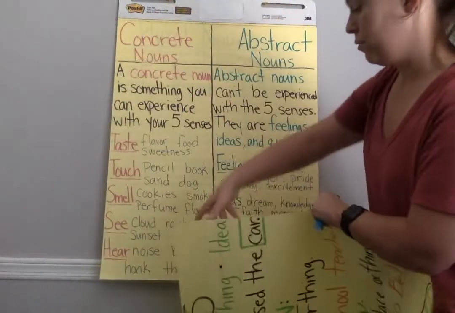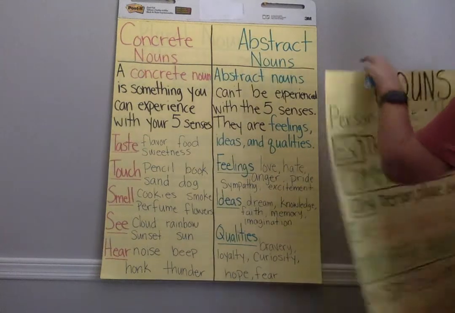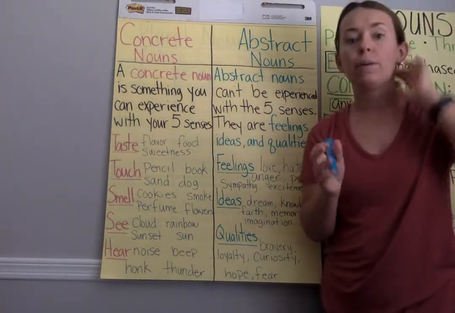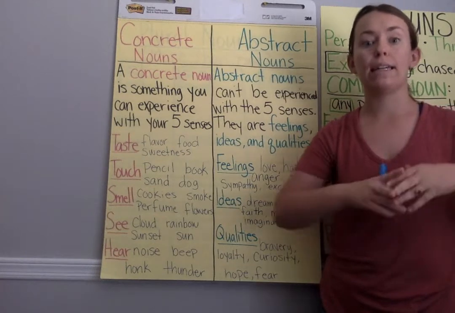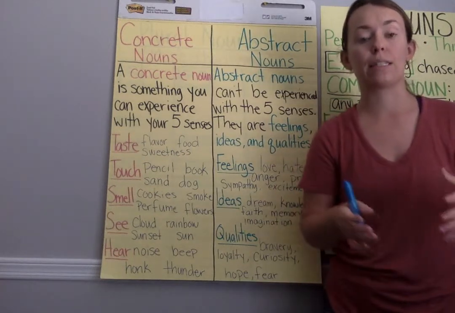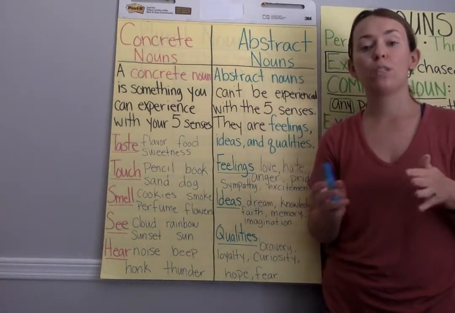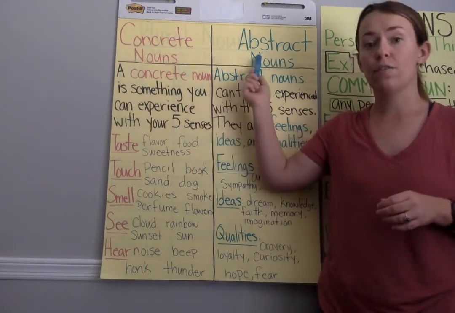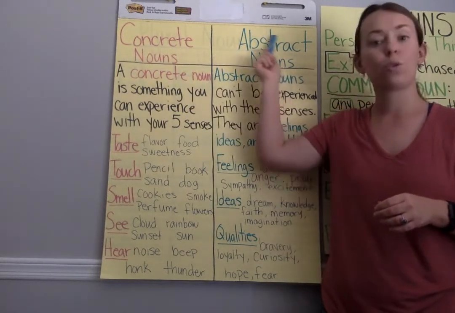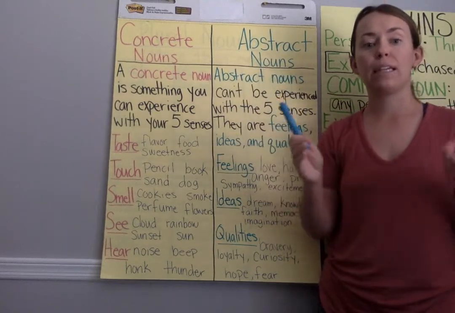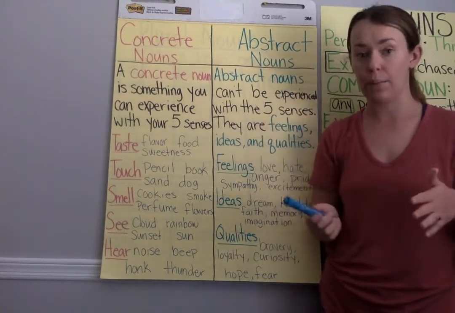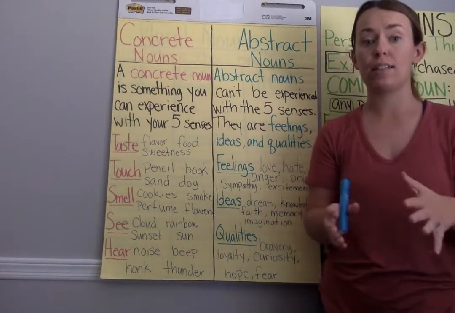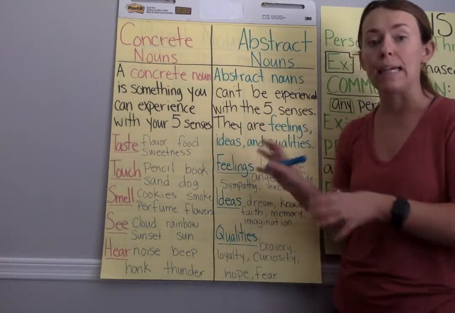So now, we're going to move a little bit further into what nouns can be and what nouns can look like. The two differences we're going to talk about now are concrete nouns versus abstract nouns. This is where the person, place, thing, or idea will come in. And we're going to be talking about this for the entire assignment for today, so really pay attention to this